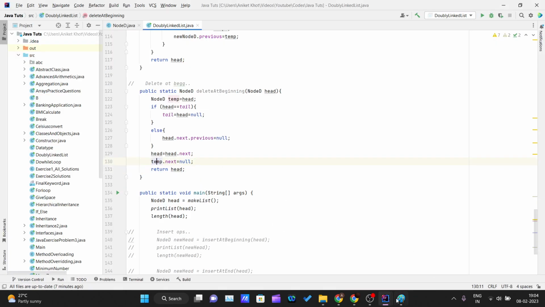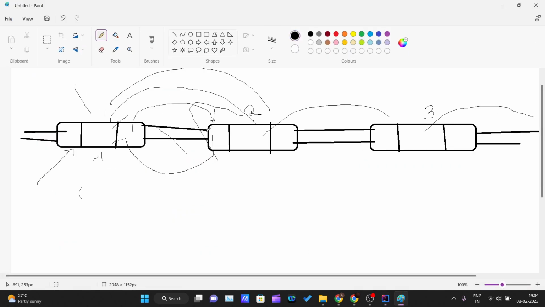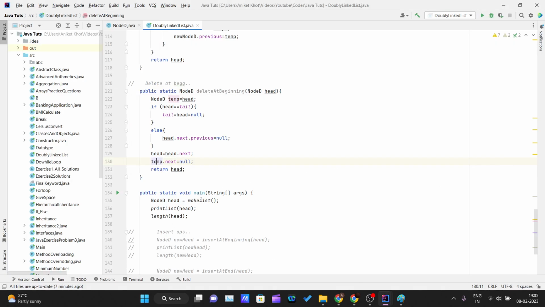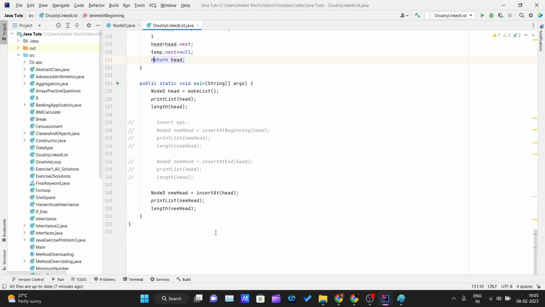Temp.next is equal to null, that is temp.next. We are breaking this next bond also. Previously we broke the previous bond for this node, and now we are breaking this next bond for this node, and we have successfully broken all the links, and we are simply returning the head of the list. So this is the idea behind the deletion at beginning. So let's go and